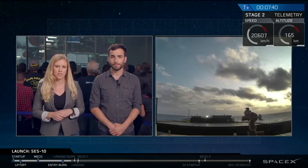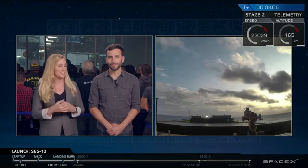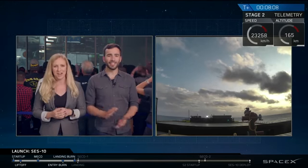Yeah. Now, that drone ship you see on the right-hand side of your screen, that is live footage. And like we said, it's out in the Atlantic Ocean. So we're going to try and maintain that steady feed as the rocket descends, which is just in a couple of seconds here. Like I said before, literally just 4 or 5 seconds after we have stage landing, we should have indication as to the second engine cutoff, meaning that the second stage with SES-10 is in good orbit. But right now, we're just watching our screen here, waiting to see the...